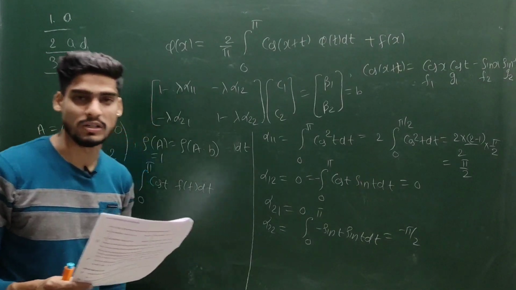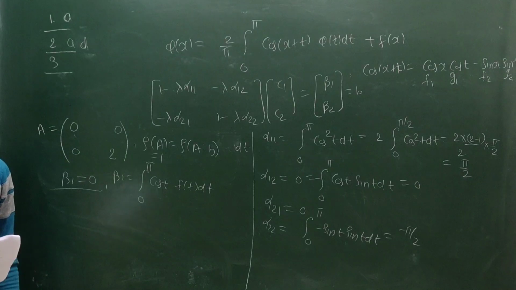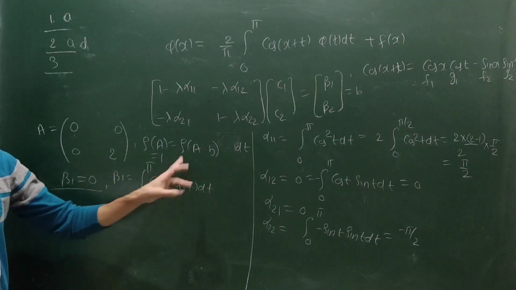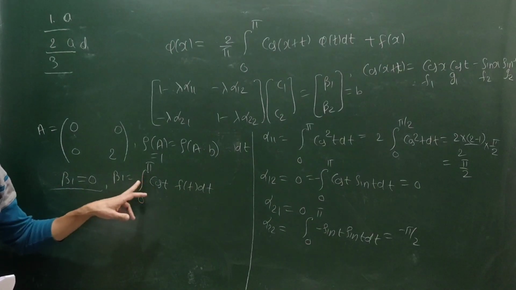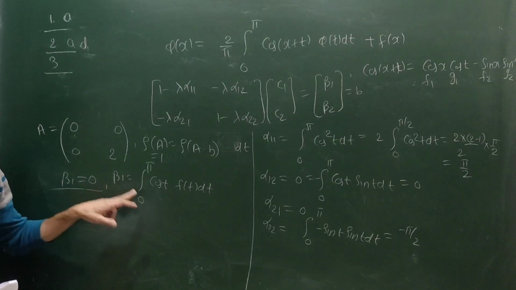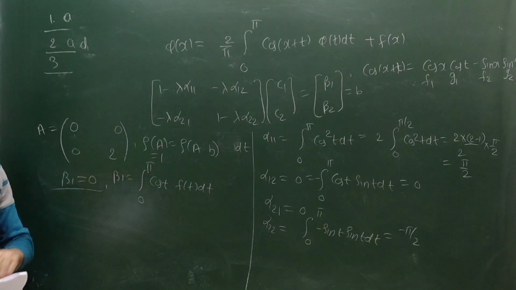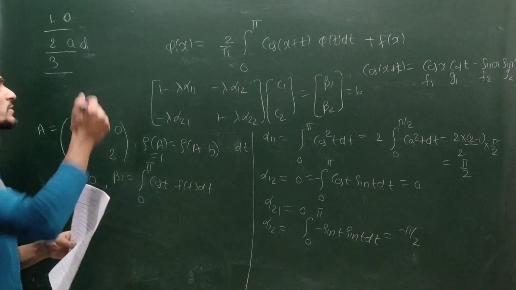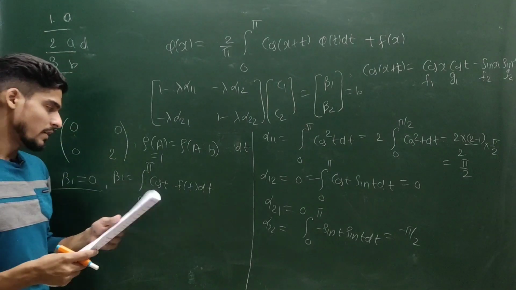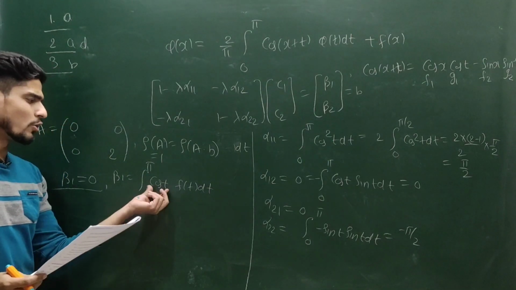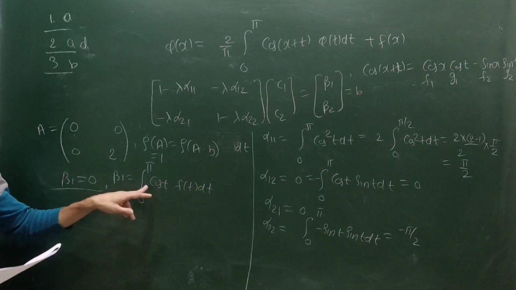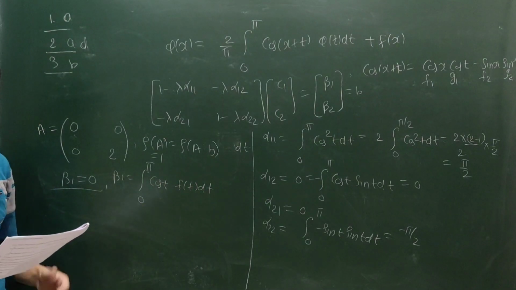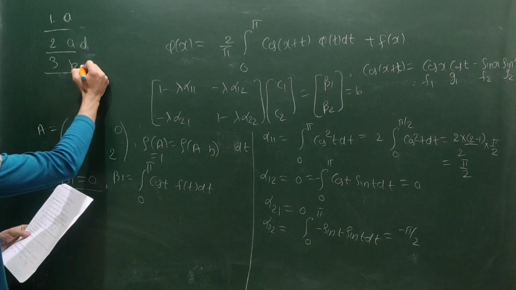Option B, f(x) is equal to cos 3x. By Fourier series, you know that cos t and cos 3t both are orthogonal to each other in the interval 0 to pi. So this you can observe. So option B is possible. Option C, if you choose f(t) to be sin x, then you know that cos t and sin t both are orthogonal with respect to the integral inner product. So this will give you infinitely many solutions.